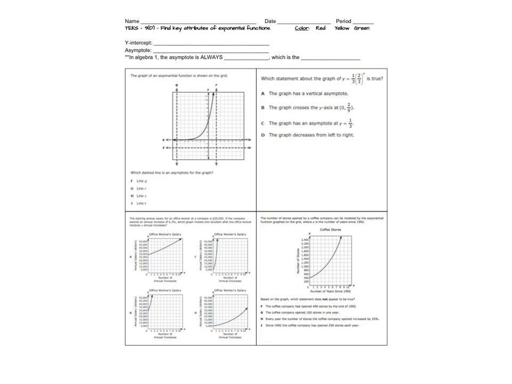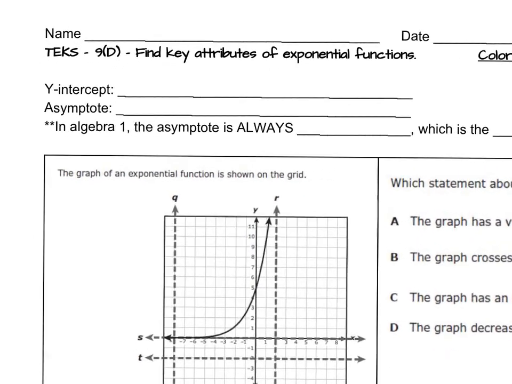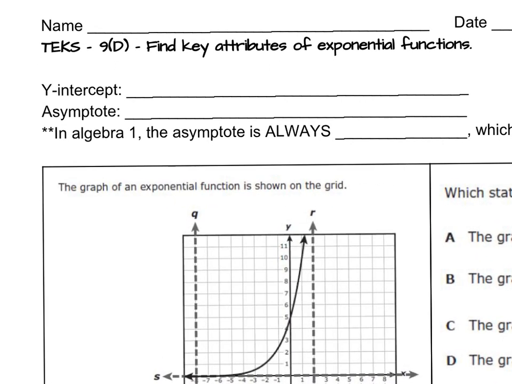Key attributes of exponential functions. So this is what we're going to look for on the graph. One of the things we're going to need to look for is the y-intercept. Remember, this is where it crosses the y-axis. So if we have our grid and then we have our exponential function graphed, the y-intercept will be where it